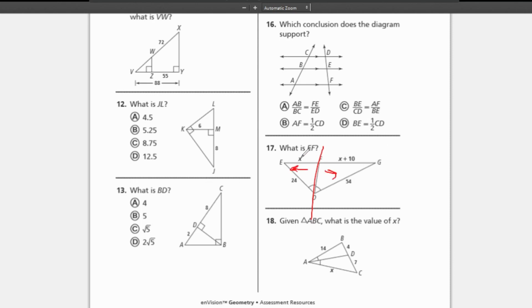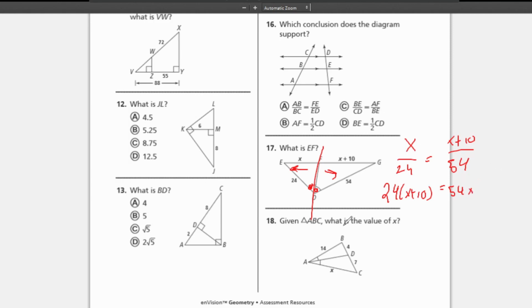And he said, look, Mr. Fimble, x is already over 24. X plus 10 is already 54, over 54. Those are the corresponding parts if I flip E to G. So I'm just going to write it just like that. And I couldn't be happier with that thought process. Because these two are congruent, we could just flip this over and see that those are corresponding and these are corresponding. This is going to give me 24 times x plus 10 is equal to